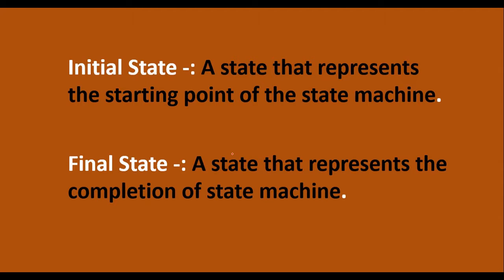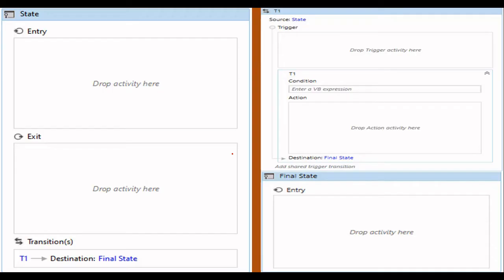Then only the data should enter into the final state. So these are the states that you probably have to know before seeing the actual state machine example. If you are clear about what states are present in the state machine, now we will go to see the comparison between a do while and the state machine. So here we covered all of these